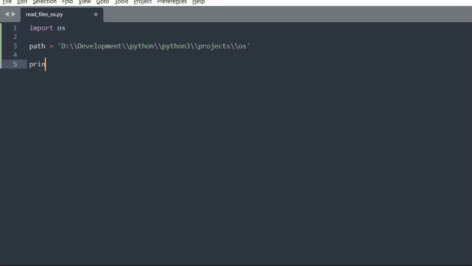Now we will simply print all the files and directories present inside this OS directory. So we will use the listdir function of the OS module. Save this file, go to our